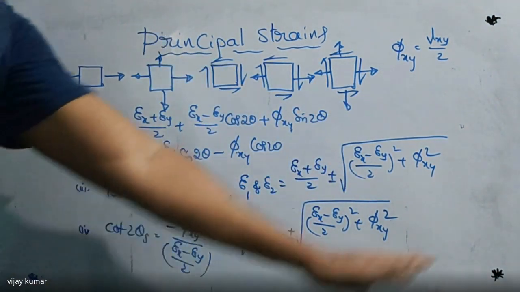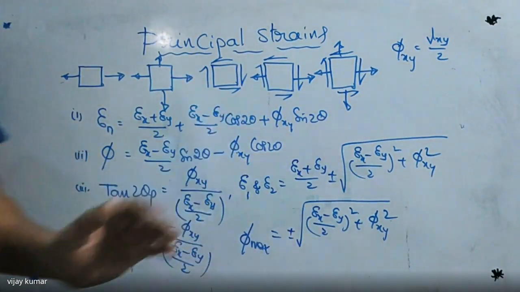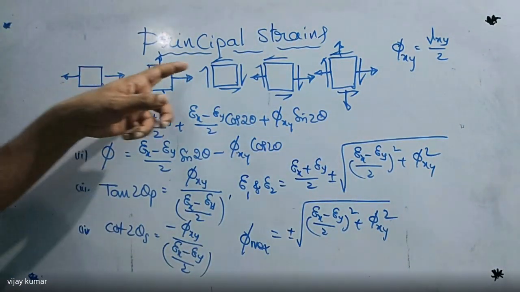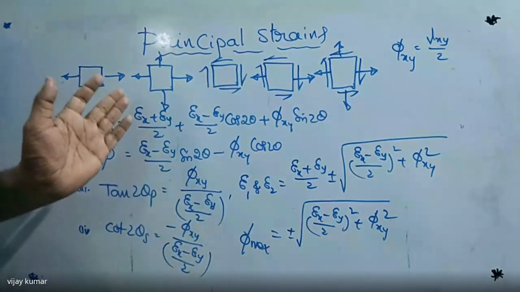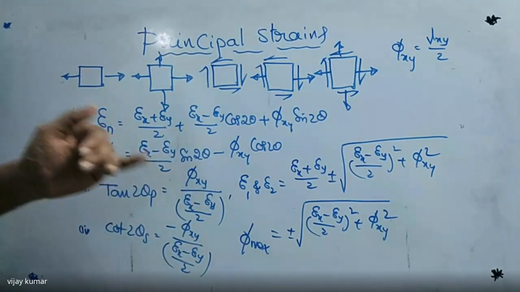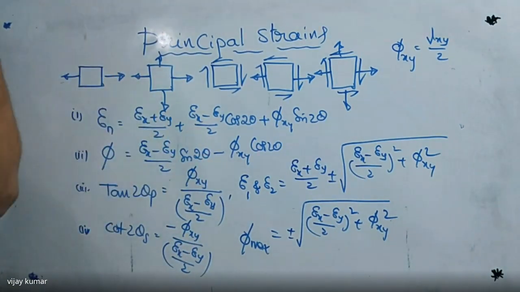So this is the basic. Depending on this, we can write the formulas for uniaxial, biaxial, shear, and uniaxial and shear, depending on the condition. So these are the formulas for principal strains. Principal strains are very simple. They will give directly the principal strain on the x-axis and y-axis. Then we can take epsilon x and epsilon y and substitute in the formula, then we will get the required answers. At the same time, I want to find the relation between the principal stresses and principal strains. So this is a very important point.